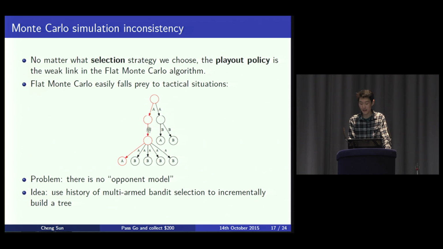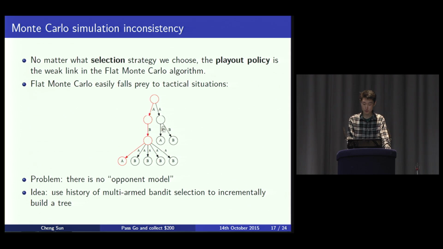For each playout that happens from the left node, there's a 20% possibility of A winning. So that statistic is 1 in 5. Playouts starting from the right, because they're randomly played, there's a 50% chance of A winning. So to flat Monte Carlo, it looks like the right node is the right one to go with. So it plays the wrong move. Even if you left this running forever, it would converge to 1/5 on the left and 1/2 on the right,